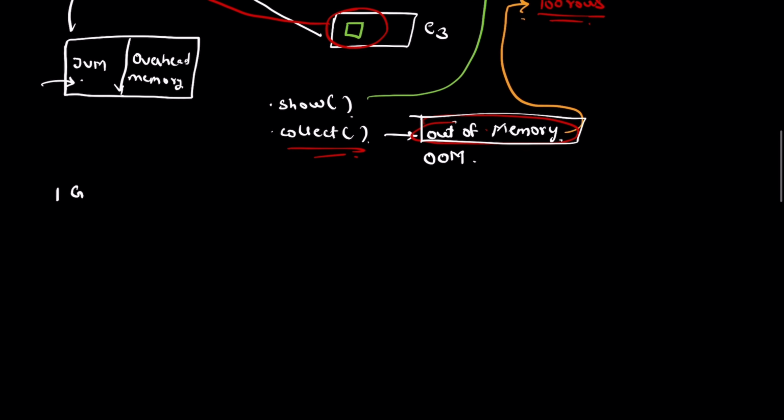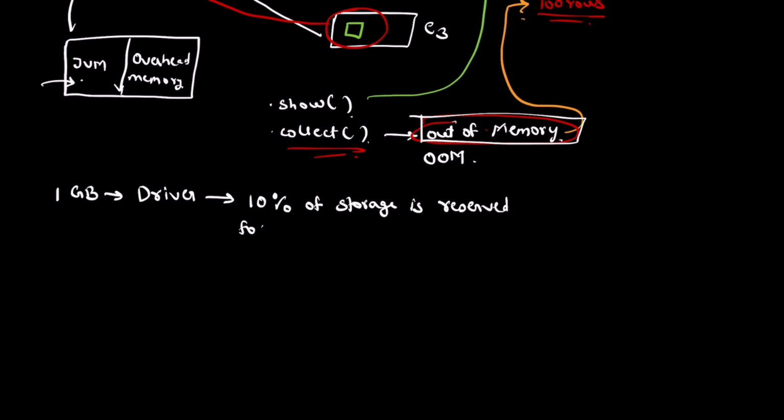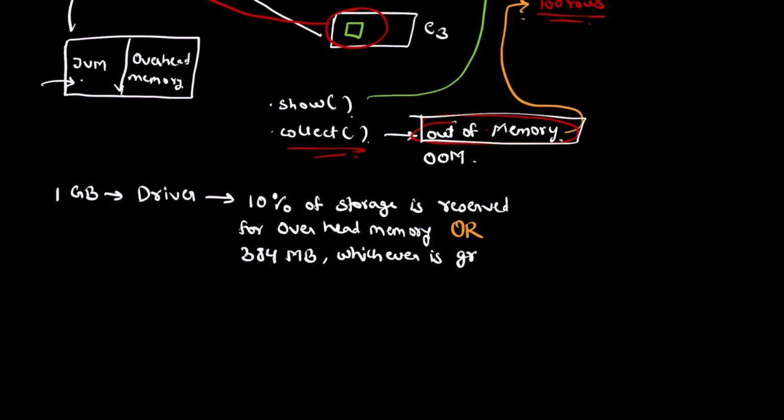So when we allocate 1 GB of data to the driver, or when we request a driver of 1 GB, what happens is 10% of storage is reserved for overhead memory, or 384 MB, whichever is greater. So in our case, when we asked our Spark application to give us a driver of 1 GB, what really happened is